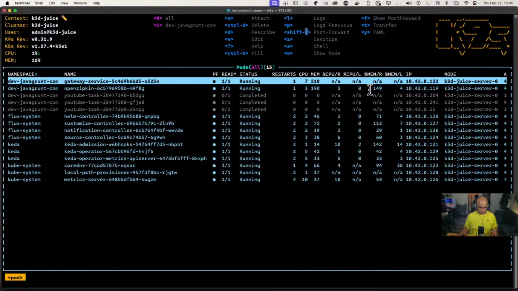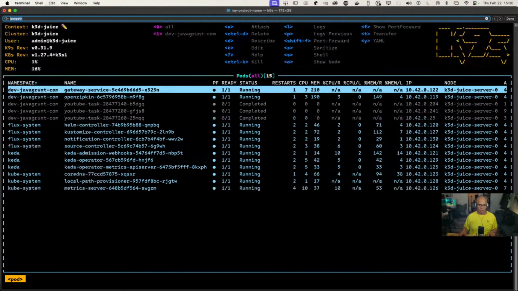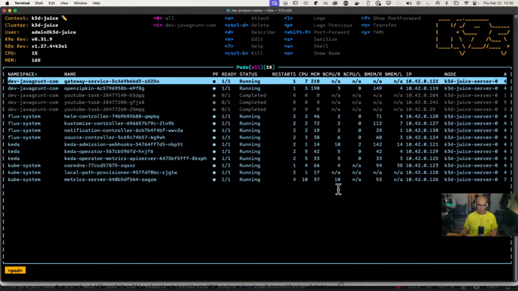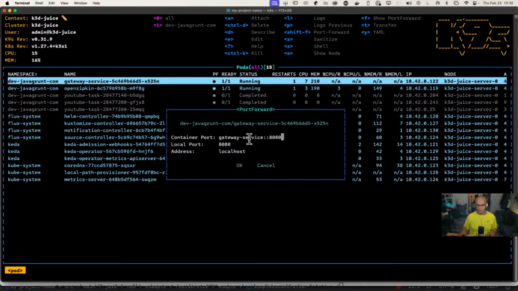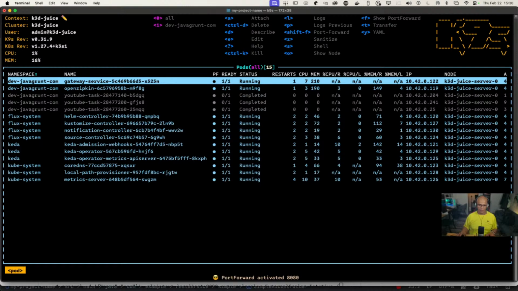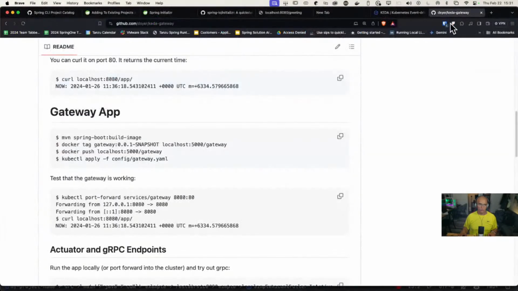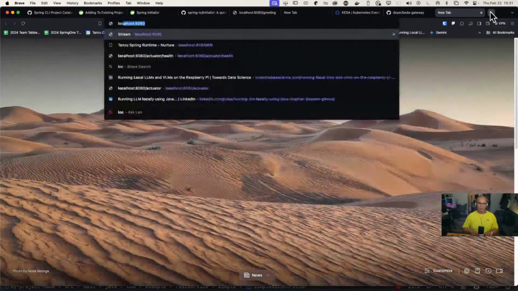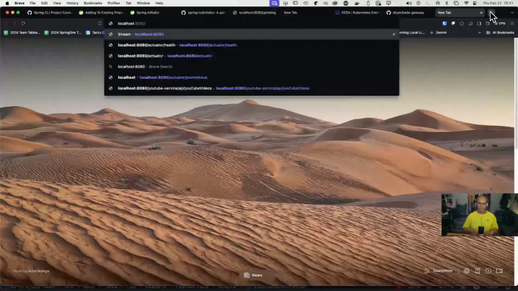I'm going to do this port forward on this app. I'm going to do Shift F. That didn't work. What did it do? Oh, I did Control F. Shift F, port forward. So let's do localhost 8080. I don't think anything else is running on 8080 right now. So now I'm going to leave this here. We can see that it's got port forwarding, so that now when I go to localhost 8080,